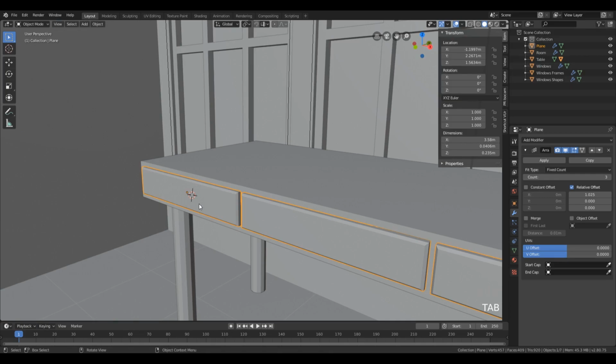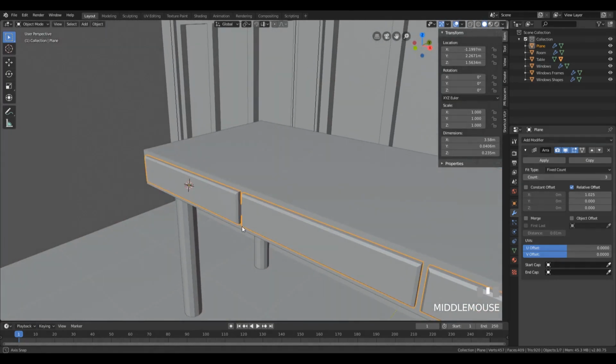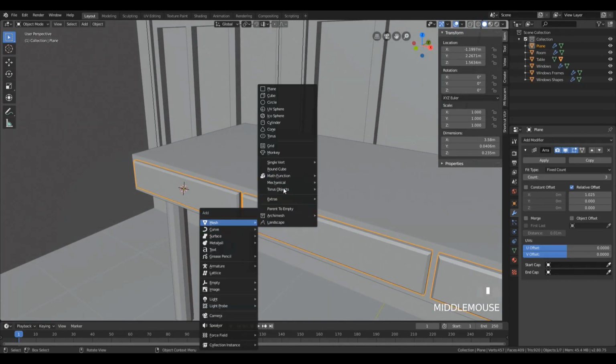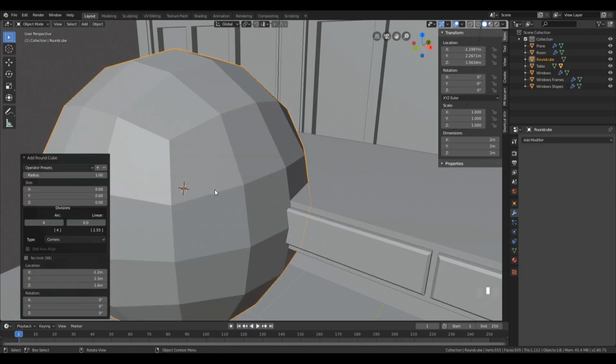And right now press Shift S and cursor to select it again because we moved it around. And let's press Shift A, add mesh and round cube. And if you don't have the round cube option here, you can go to the preferences and enable the extra objects add-on, which we enabled for the single word and other things. So that's pretty straightforward. So let's add a round cube, and I will explain later why round cube is a